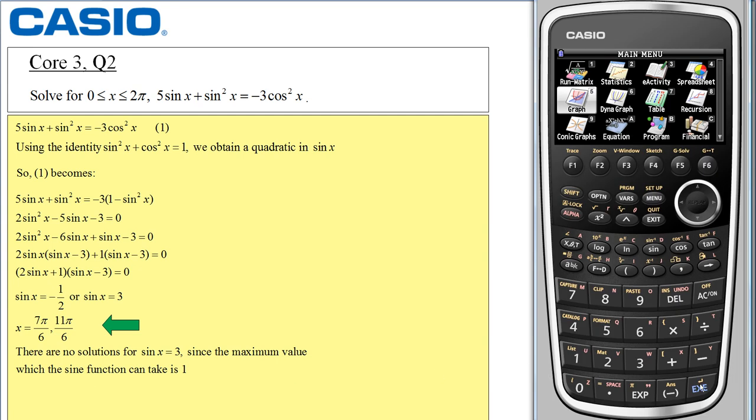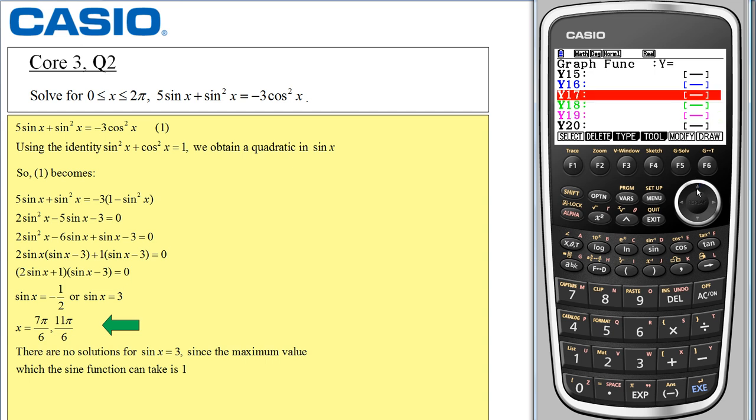I use option 5, the graph function menu, and the first function I'm going to key in, y1, will be the left hand side of the equation. That's 5 sin x plus sin squared x. 5 sin x plus, open bracket, and we write sin squared x in the calculator as sin x squared. If I select execute, the right hand side of the equation is minus 3,